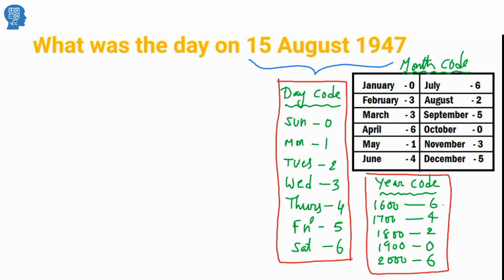To answer this problem, whenever they do not give a reference day and directly ask the day of the week of a particular date, we have to remember the month code, year code, and day code. You are seeing them on the right side of the screen. If you remember these codes, the problem becomes very easy. Otherwise, it will take more and more time. Without using these codes, if you solve it, it will take 3 to 5 minutes. But if you use these codes, we can complete the problem in 30 seconds. So, the month code, look here at the month code.